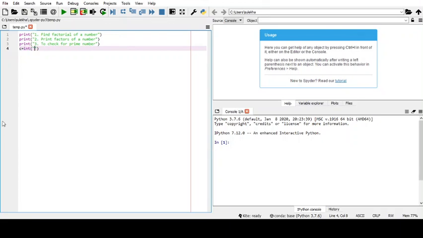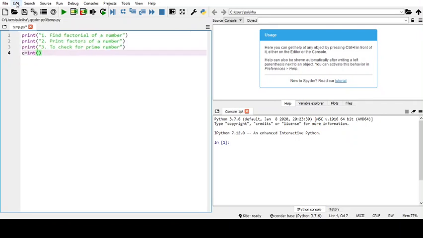Okay, I'll increase the size of the font also. Enter your choice. 1, 2, 3.